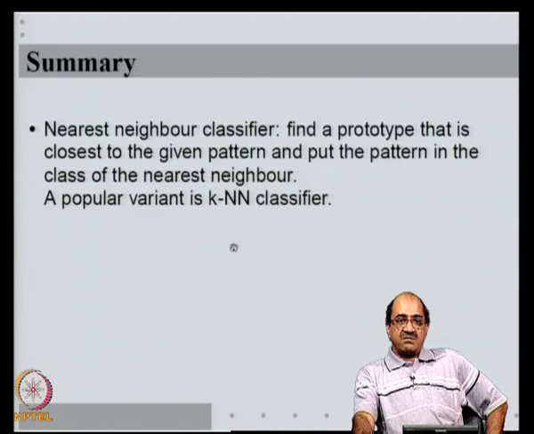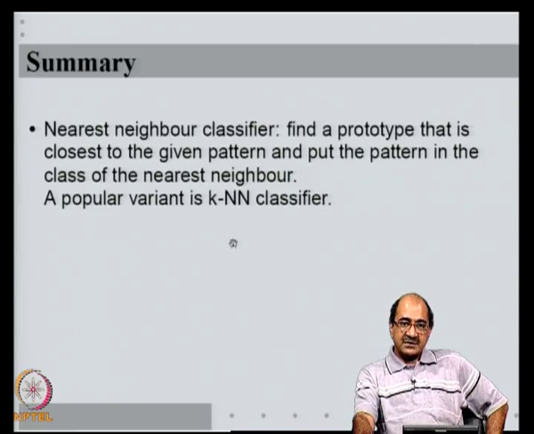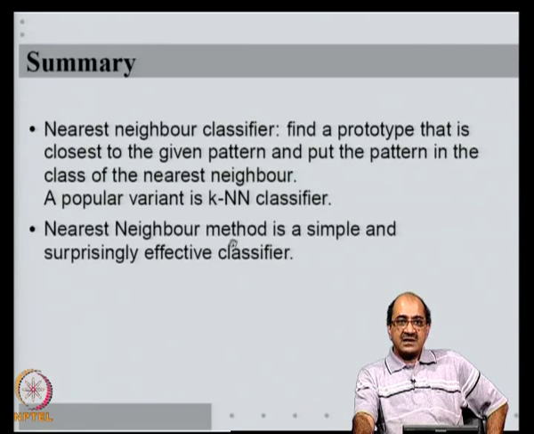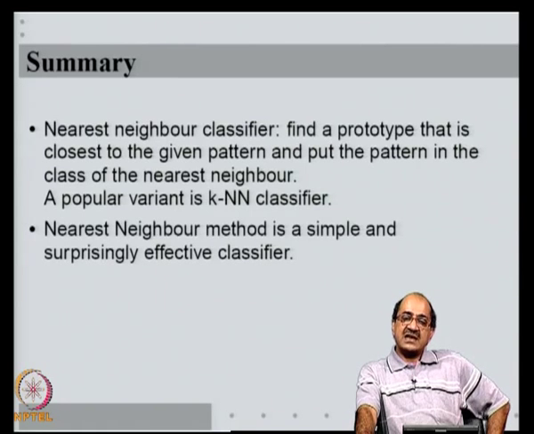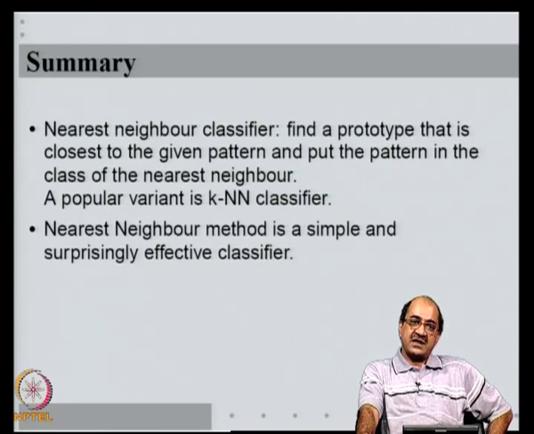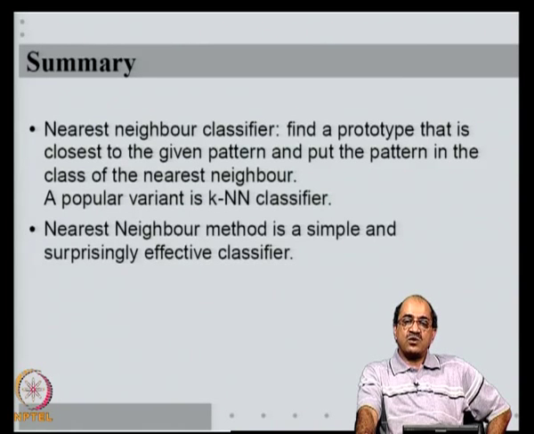So, either nearest neighbor or KNN is a very simple classifier to implement, and as we have seen, it is a surprisingly effective classifier. In many situations, nearest neighbor classifier gives you sufficient performance and you do not need to go for any more advanced classifiers. And in any case, even on a more complicated problem, a nearest neighbor classifier is always implemented because that gives you some baseline performance that you can always rely on, right.